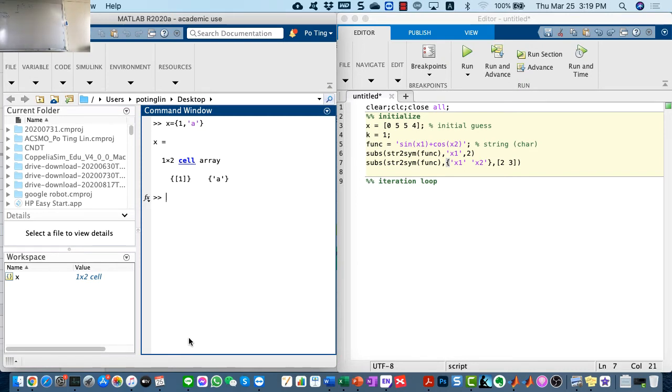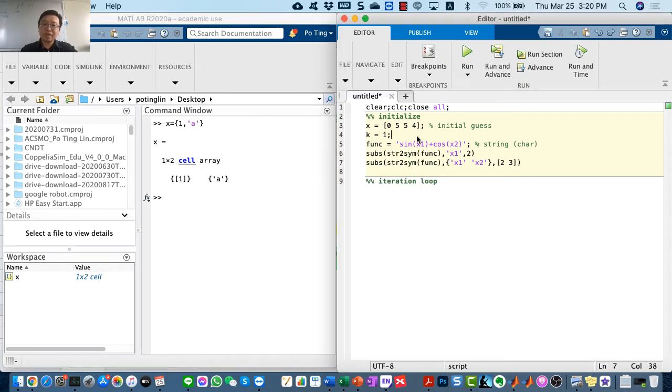So with this way, you can tell subs that I'm going to replace something here. I'm going to replace this one. The first one is this x1, and the second one is x2, by what? By the first value 2 and the second value 3. So by one line, I can quickly plug in a number into a function. Okay? So this is converting